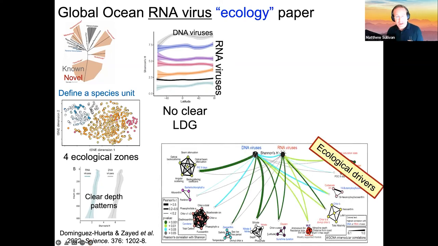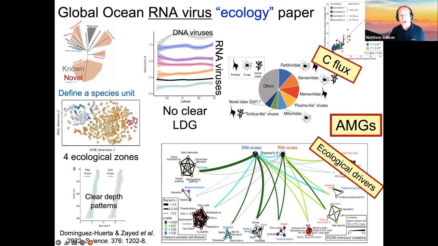We have from these data mapped out ecological drivers and assessments of community structure and compared those to both the DNA and RNA viruses, and the details are in the paper if you're interested in that. We also saw auxiliary metabolic genes or key metabolisms that the RNA viruses seem to be directly manipulating. And for carbon flux, the RNA viruses are also highly predictive, just like the DNA viruses, and they seem to infect key carbon cycling organisms critical to the biological carbon pump. So I think RNA viruses are also playing a really critical role in ecology, and we hope that these analytical steps that we've developed to create these RNA virus catalogs will be helpful for researchers to do follow-on work.